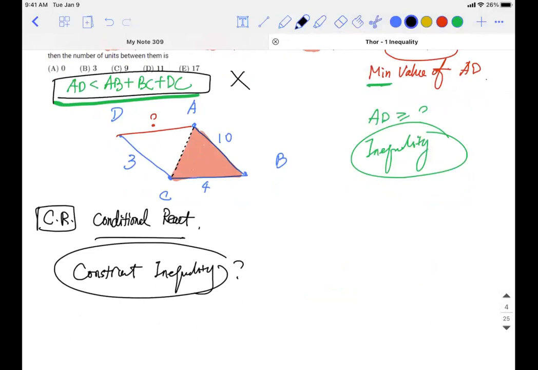In our case, let's say AC, because I already know the value for AD and the BC. Let's try to do AC. AC must be greater or equal than 10 minus 4, lesser or equal than 10 plus 4, right? AC will be lesser or equal to 14, greater or equal to 6, right? In triangle inequality, of course, you have such a relationship. So that being said, for my AC,